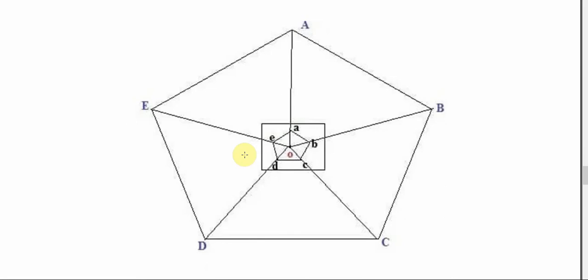So that's it for today's class. Please remember there are 4 methods to do plane table surveying: radiation method, intersection method,